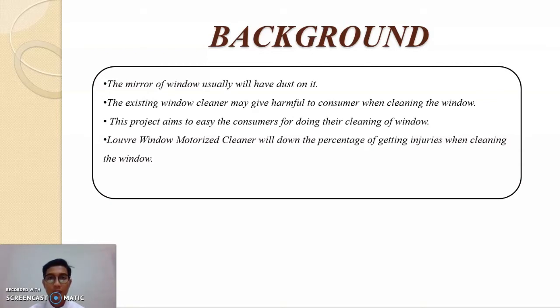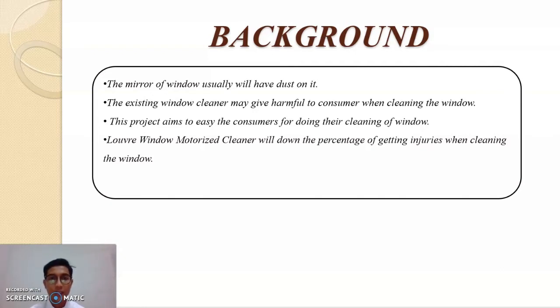Windows are openings in the wall that give ventilation for the interior of some buildings. There are many types of windows. Some of them are plain windows, roof windows and lower windows. Basically the function of a window is to enable the inclusion of light, ventilation and heat insulation. Usually the glass of the window will have dust on it that comes from the atmosphere and is also harmful to